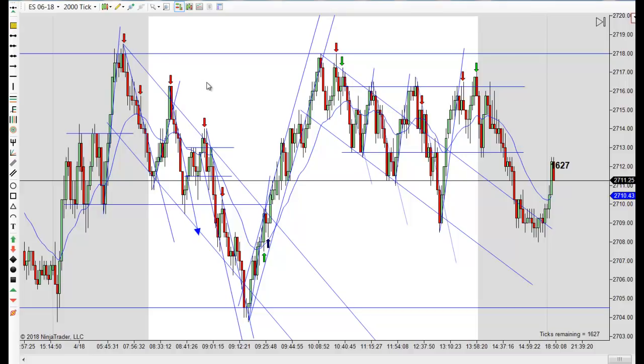And what we had today was a large range. Notice your overnight low here. We never got outside of that. Here's our overnight high. We never got outside of that. We had a trend up, trend down, trend up, and even though we couldn't get back down there, we were